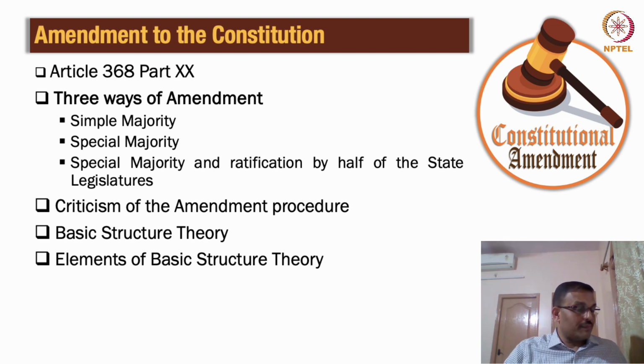So, a lot of development has happened on the basic feature. What else is basic feature? Okay, so I think with so many cases, one would say that the basic structure or the basic feature of the Constitution has been decided with the court of law, and they have added to what this basic structure actually means. So we have already decided that the basic structure of the Constitution means rule of law. The basic structure of the Constitution also means supremacy of the judicial review process, and that was very clearly laid down.